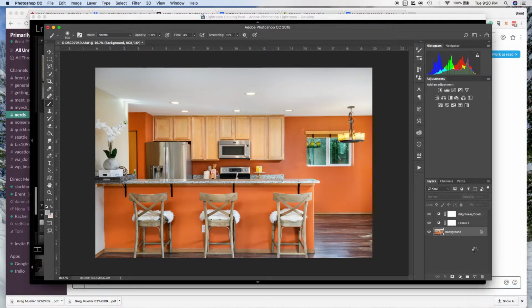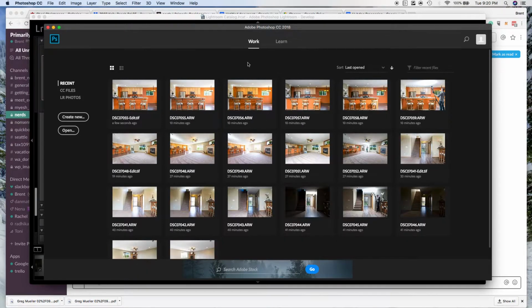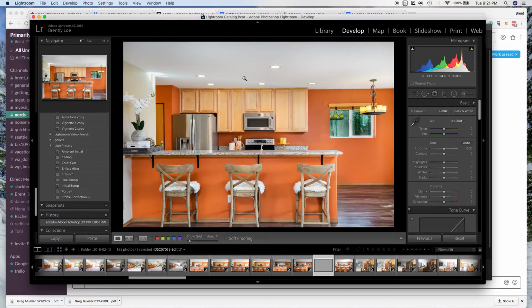I'll go ahead and flatten by right-clicking, going down to flatten, and then I'll do Command on a Mac or the Windows key on a Windows, so Command S and then Command W. Then I go back into Lightroom, bring Lightroom back up, and this is the result from coming